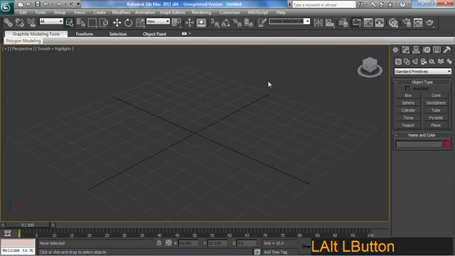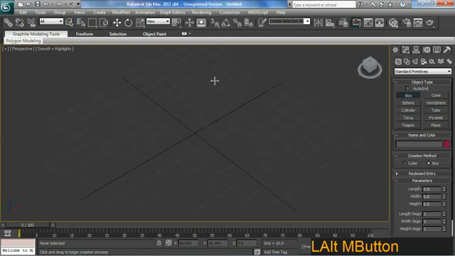Okay, welcome to this tutorial. We're going to step through creating a vehicle from scratch, applying textures, importing it into UDK, setting up the scripts and playing it. Okay, let's get started. So I'm just going to start with a box,